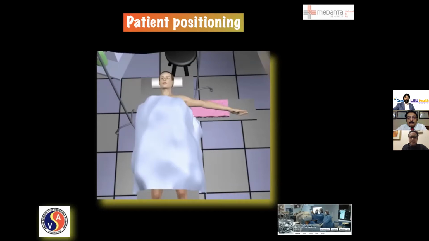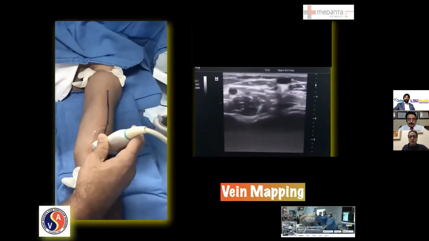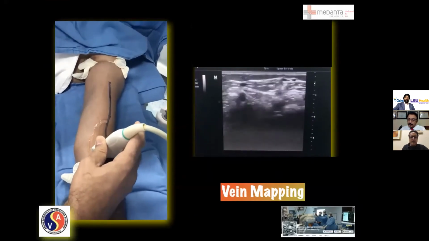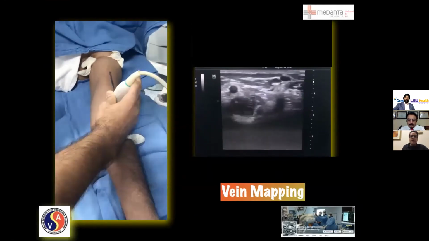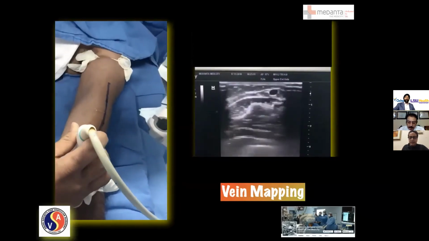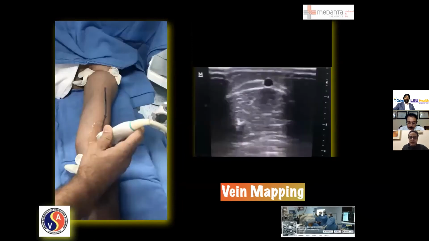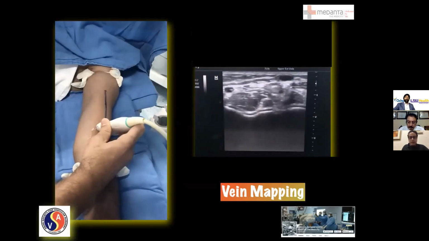Now sometimes the problem is that certain cath labs have fixed tables and fixed machines, so sometimes the monitor is on your back. All those things have to be planned well in advance. Vein mapping for planning access is very important, because if there is a short segment of vein which has to be used for cannulation, you don't want to puncture that segment, because in case you cause some thrombosis because of your puncture, you don't want to spoil that segment.